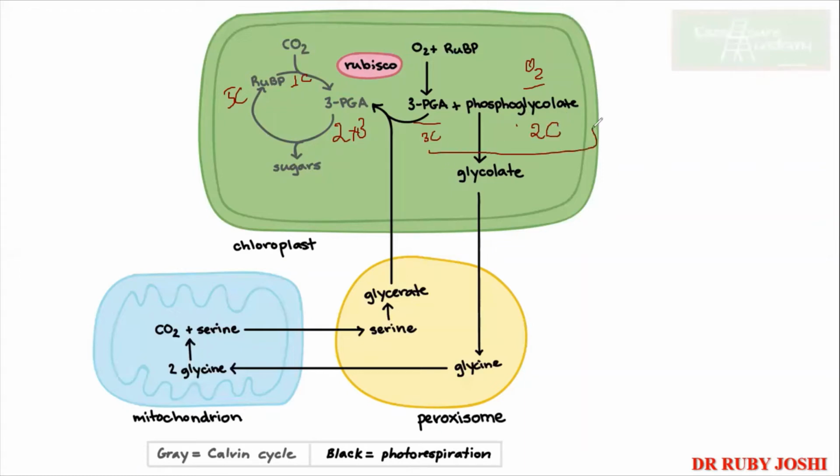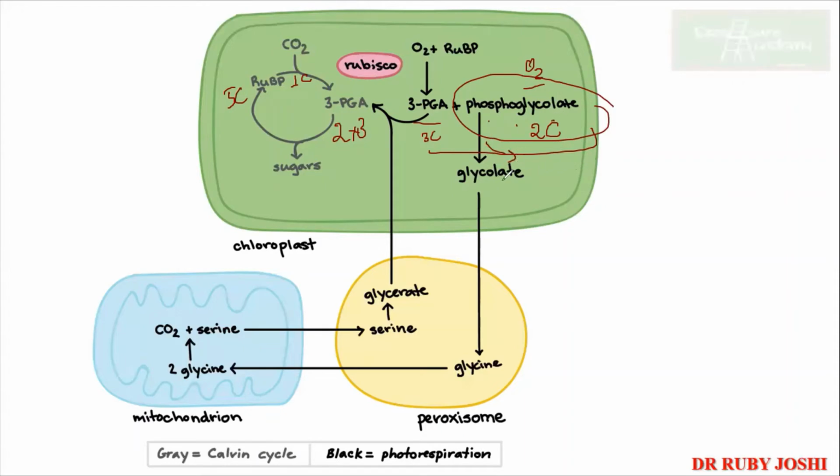Okay, so total 5 carbon हो गया. अब क्या होता है? This one is of no use to the plant. ये किसी काम का नहीं है. But we will not waste it. What we are going to do is provide a little bit of modification so that this phosphoglycolate can be reused. Okay, so phosphoglycolate